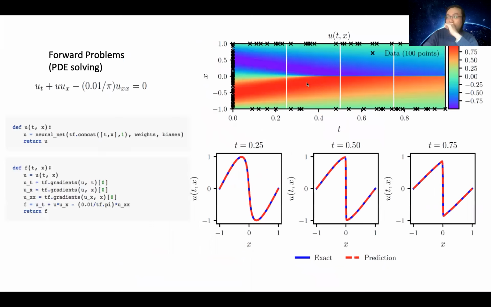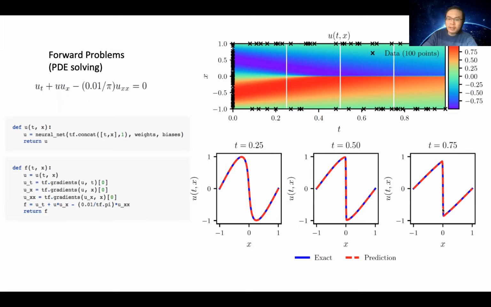And then take this for example. So this is showing a forward problem. We'll solve this equation. And here the crosses are where the data are located. So we know that here the boundary is 0, and this is the boundary, this is 0, and here we have just some samples, and then we just use what I've introduced in the last slide. So we'll get this. You can see that the prediction matches the exact solution perfectly, even for this kind of